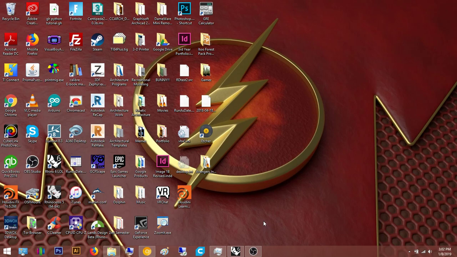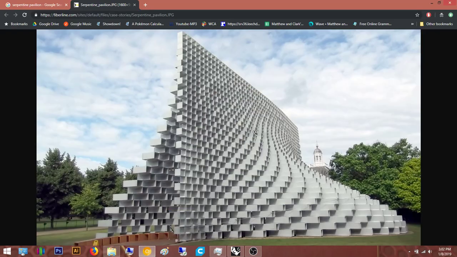Hey everyone, today we're going to do a video on another parametric precedent on the Serpentine Pavilion. This is what it looks like. A few things I want to mention for this precedent. It's not super hard. It's actually really easy in concept, but it requires a little bit of freehand knowledge, I guess, and a lot of listing issues with this that I have. I've already modeled it before, so I know what to expect from this and